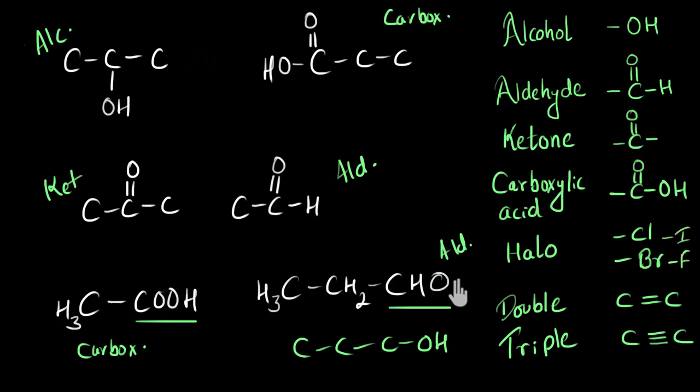Now one last question. Out of all of these 6 molecules, which 2 of these will have similar chemical properties? Can you pause and find that out? If you have tried it, let's see. See, compounds which have the same functional groups have the same chemical properties, okay? So over here we can see that this is a carboxylic acid, this has a carboxylic acid, and this one also has a carboxylic acid functional group. So these two will have the same chemical properties, similar chemical properties, okay? And then similarly, we see that this is an